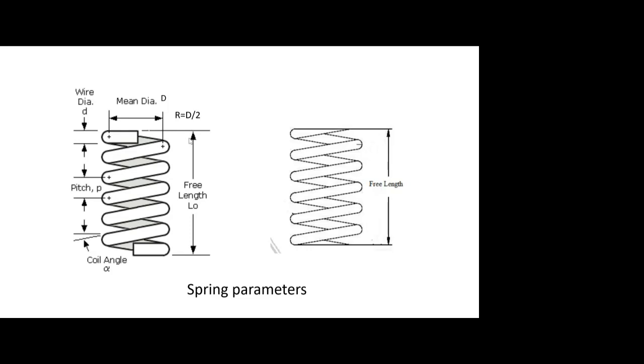See, in order to find the pitch of the wire, the distance between the 2 adjacent coils is the pitch. So when we take a single dimension, it may not be correct. So we are taking it using the scale. For getting the accurate value of pitch, what we do is we take a considerable length. Either you take the entire length of the spring and then divide by the number of turns. How many number of turns are there?